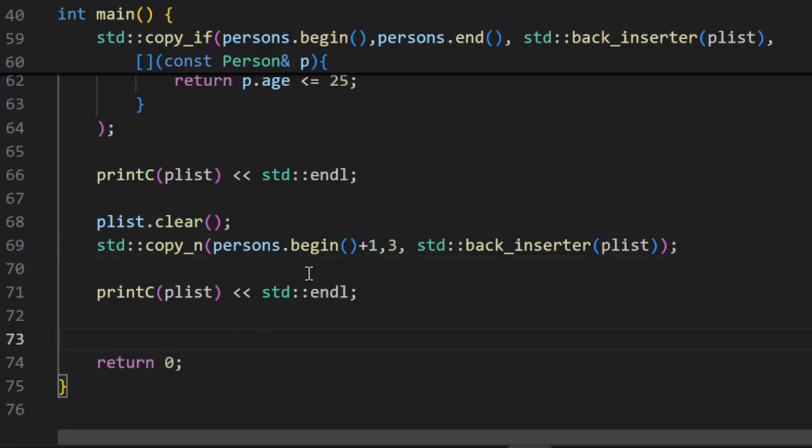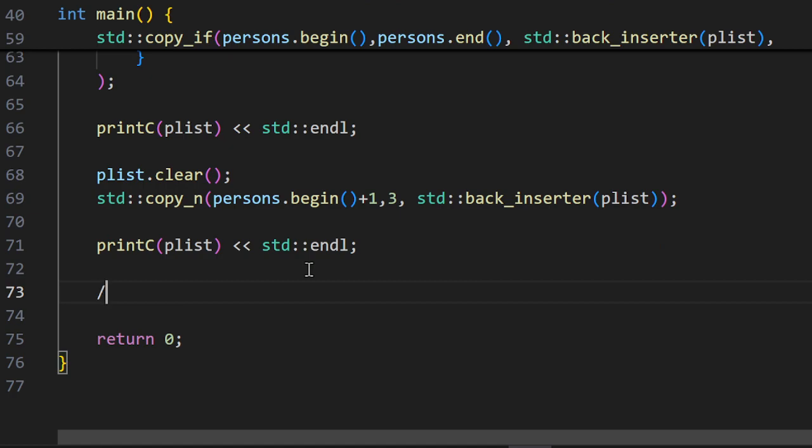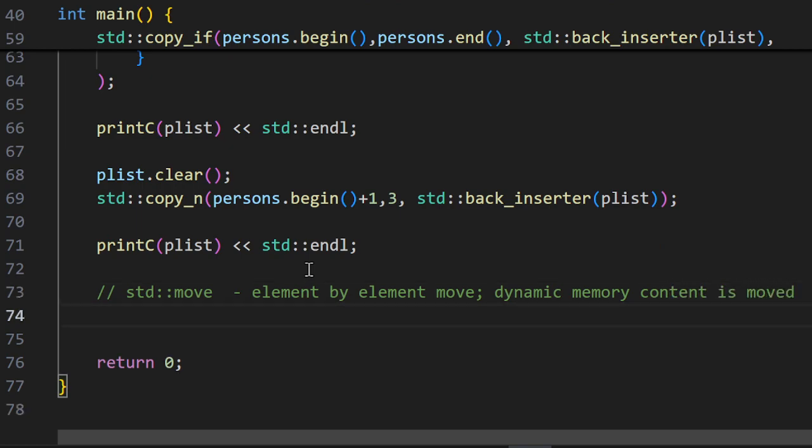Finally I will talk about the move function. It does a move operation, element by element move, which means the dynamic memory content is actually moved instead of copying. So if I want to move, let's say, from